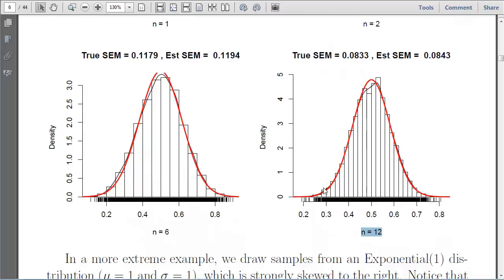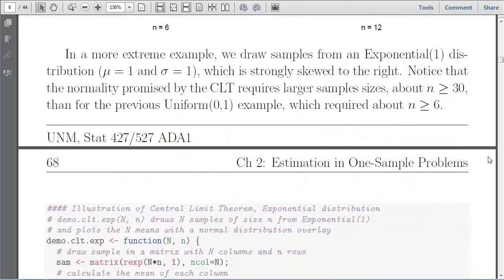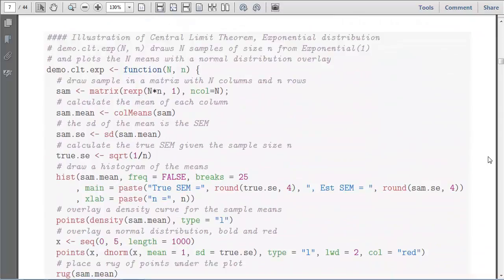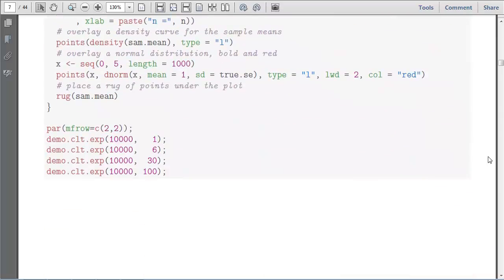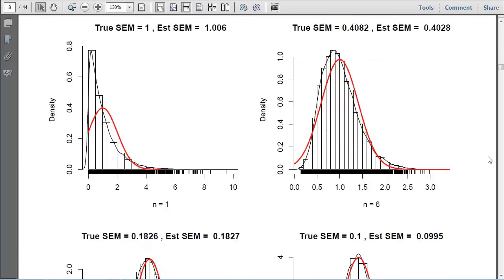There's still tiny deviances. You can see the black line is a little bit above on the left and the right, and a little bit below in the center. But we're getting close enough that it's not starting to matter. All right. Looking at a slightly more extreme example, this example's the same except it's from the exponential